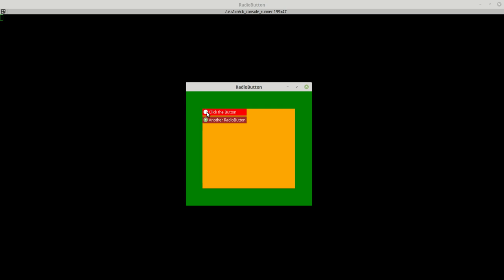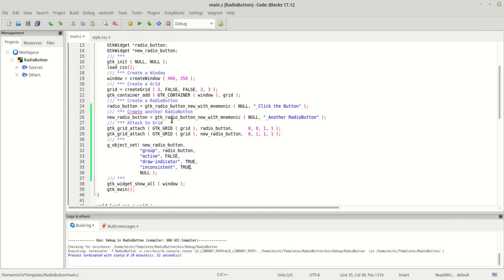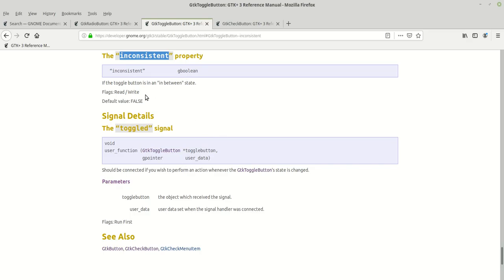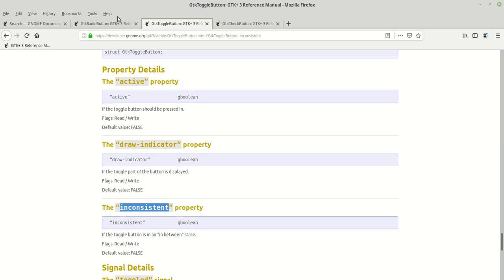Up here it looks the same as before, but down here we have only the dot when we select the button, and when we deselect it by selecting the other one, we don't have an empty or unselected button. We have a between state button, because we have this line here. So this is basically what inconsistent does. I want to explain it because this is very important to know when you are working with toggle buttons or buttons which are derived from